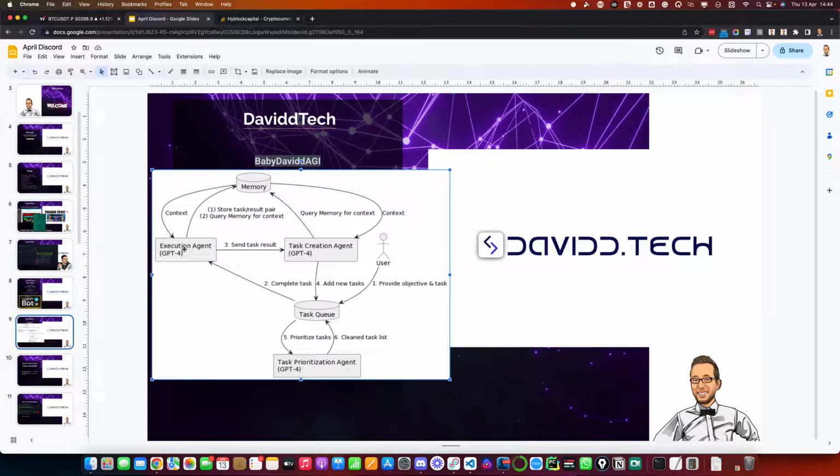I have a guy called Abraham who's also working on them for us as well. All of this is going to be open source. I'm just going to stick it into GitHub so everybody can play around with it and see what they can get. I will try to build web interfaces for everything so that you can easily play around with it. I suggest if anybody is interested in it, who doesn't know about it, go and have a look on YouTube for Baby AGI, and I will be creating trading versions of this